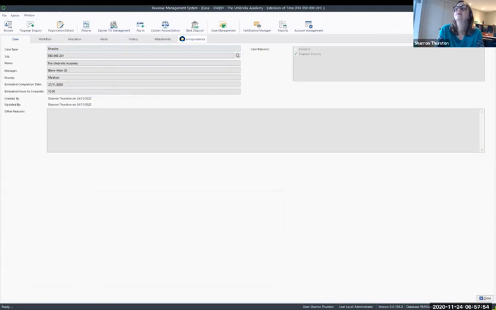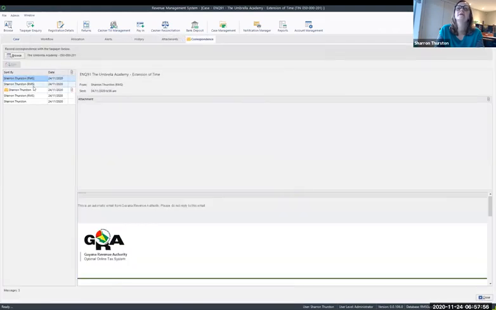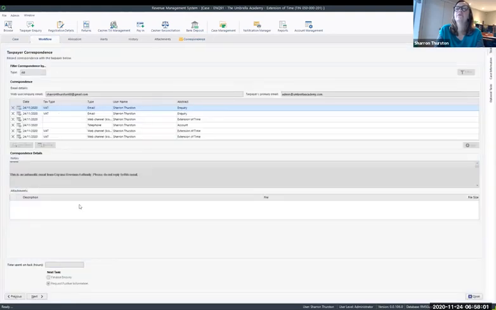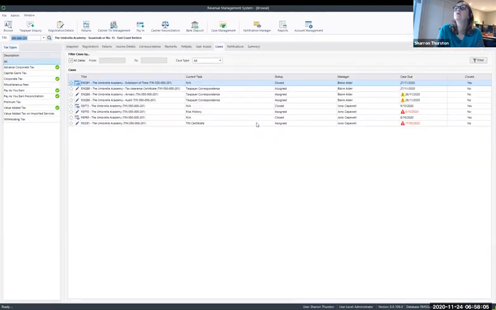You can see the history of correspondence in here, and you can see the steps in the workflow that the office has been through as well. The other case that we haven't looked at yet, the inquiry 90, is still sitting here active and assigned to Blair. So if we stop the share and go back to the web,